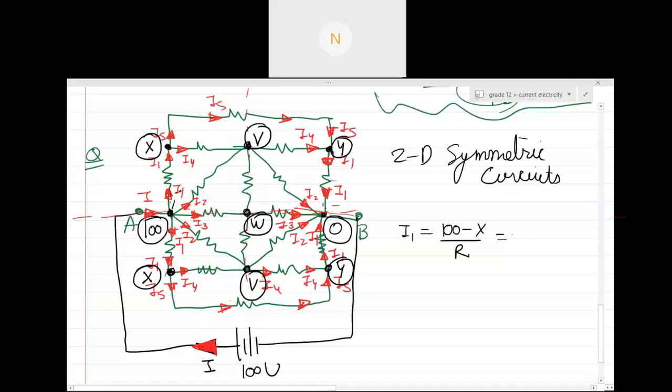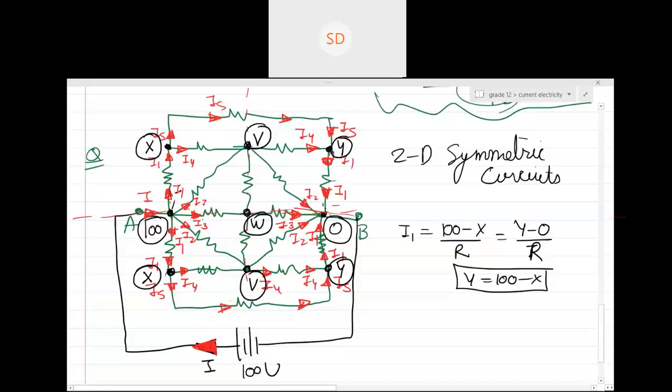Yes or no? Y minus 0 by R. Can you see y is again equal to 100 minus, sir? Notice the pattern, guys. Noticing the pattern is very important. In this question also, here also we are doing something again and again. We understand this particular thing. The pattern is very important.